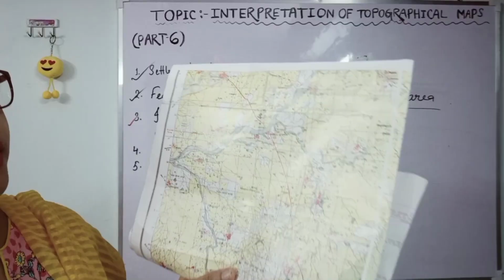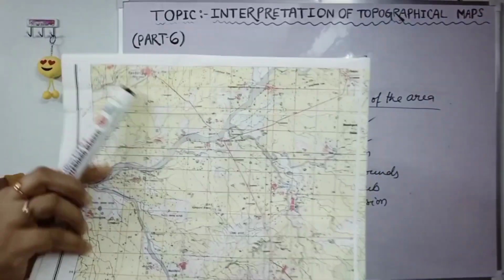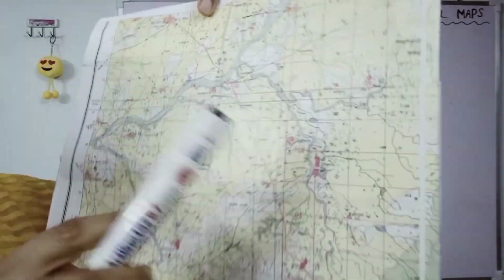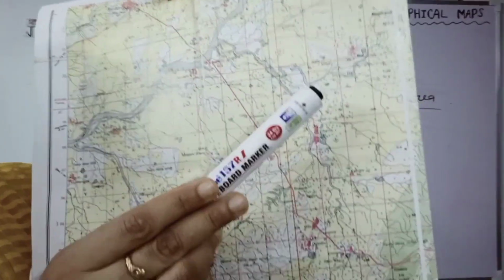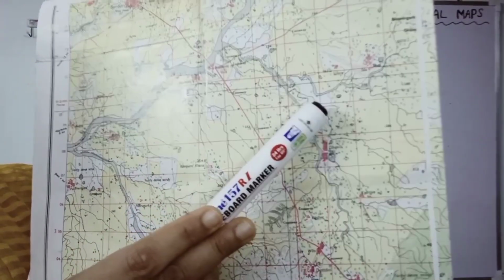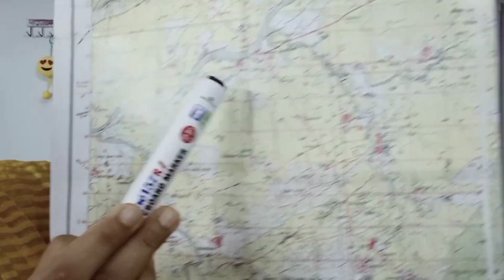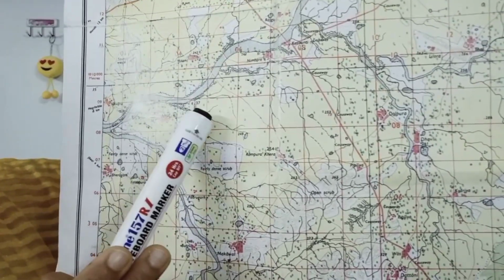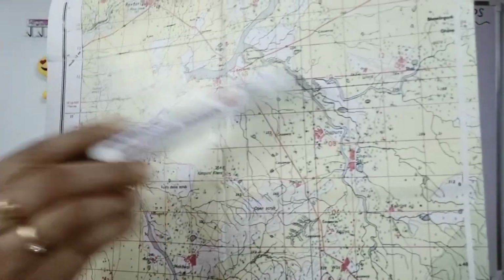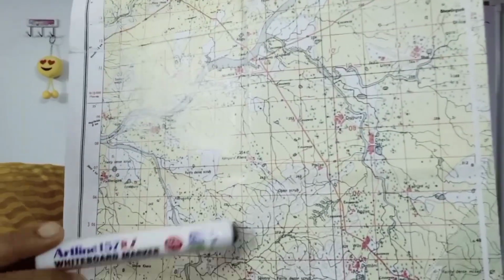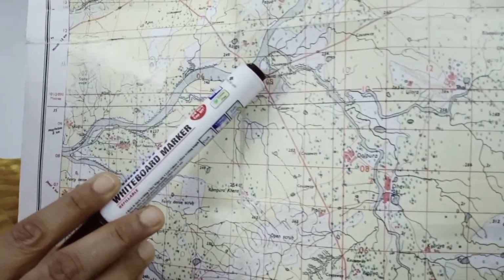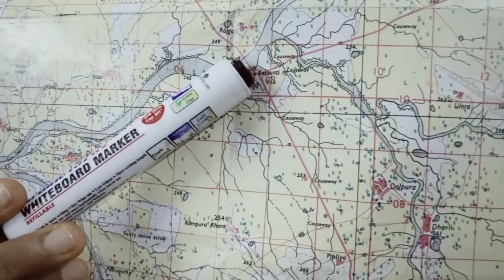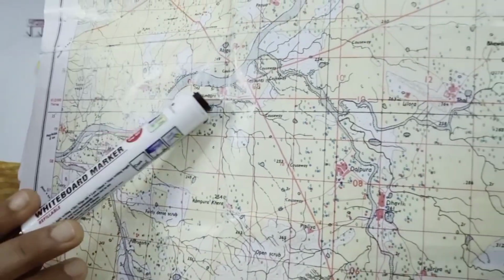Is it clear, students? Here students, see properly. Here I am showing this part of the topo map. See here also a dry tank, here dry tank, here dry tank, here dry tank. Everywhere this kind of dry tank you will get to see in the map. Here see a causeway also written, causeway. Are you getting to see the causeway? Here causeway, how is it formed?